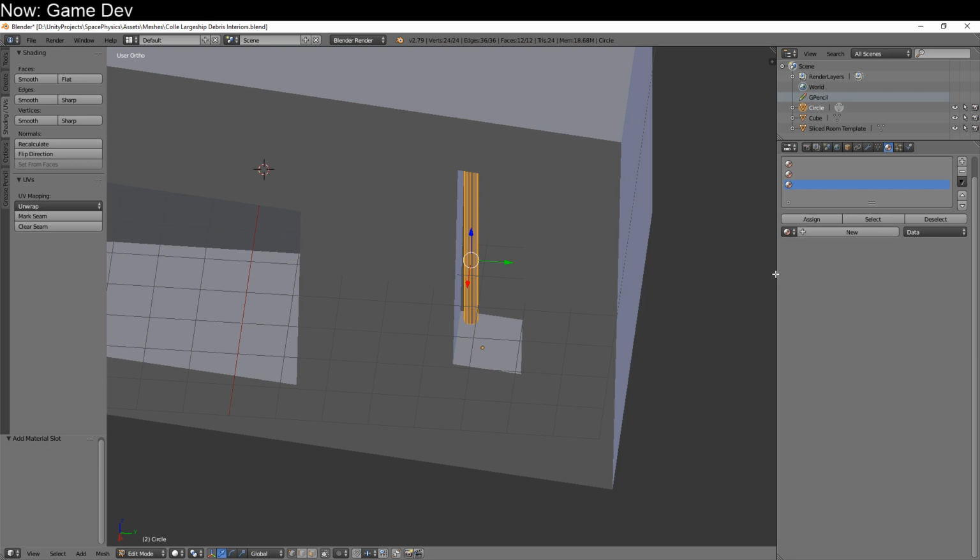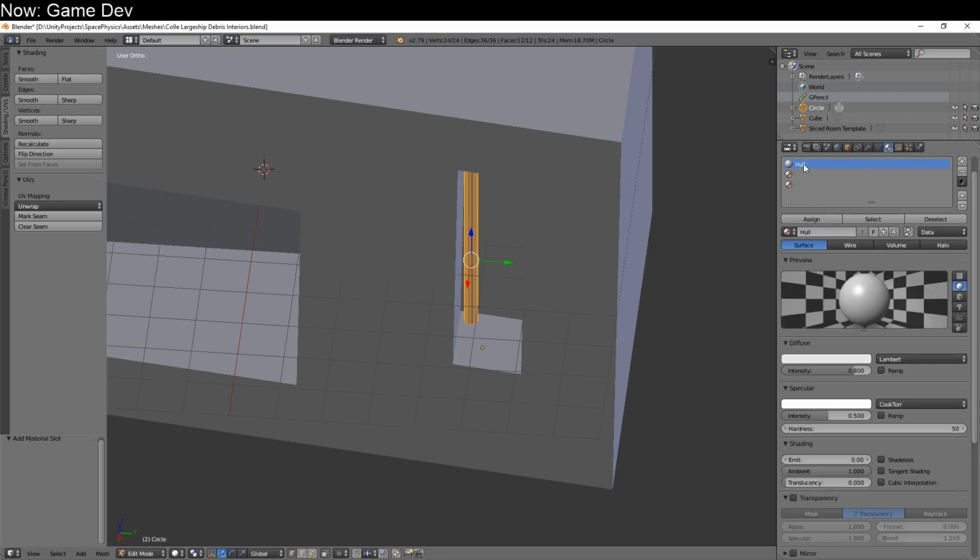And by doing that, we can have the same model look different depending on exactly what's going on. And that's a pretty useful feature, so, you know,